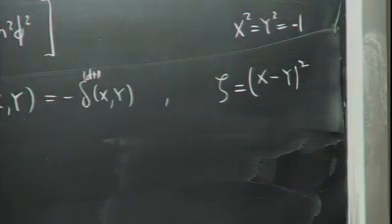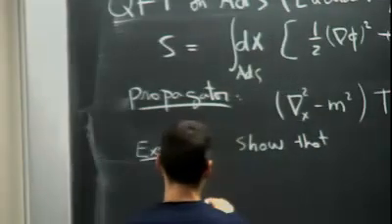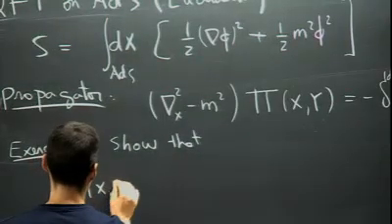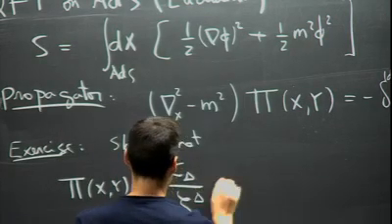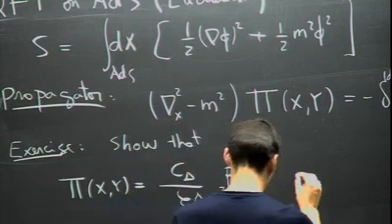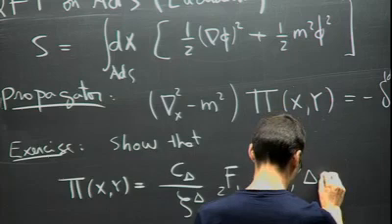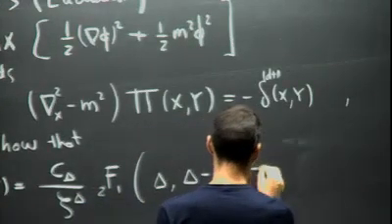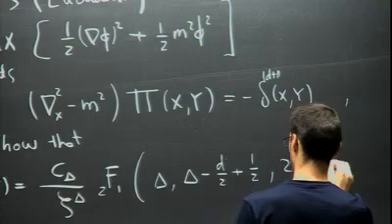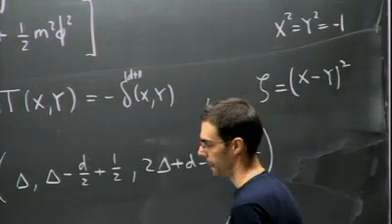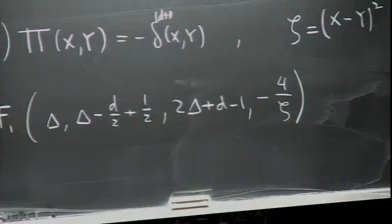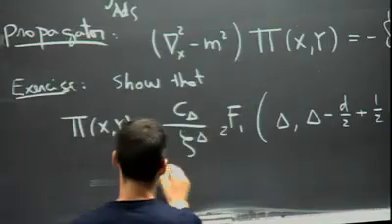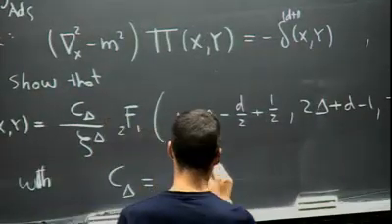So the exercise is to show that this propagator from x to y is given by some constant, and moreover, you should also show that this constant C delta is given by